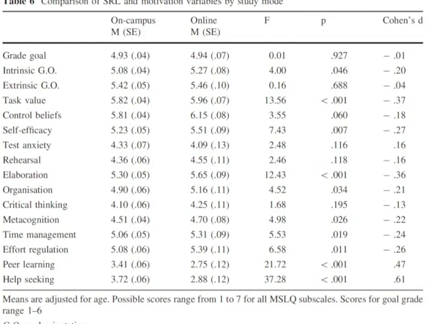The only two areas, and these are the two last ones that concerned me, were peer learning and help seeking. So particularly with help seeking, it's 3.72 for on campus, but only 2.88 online. And I think that makes sense. A student is probably far more likely to ask for help right then and there. When we're online, sort of in the isolation of online learning, a student might be more reluctant to ask for